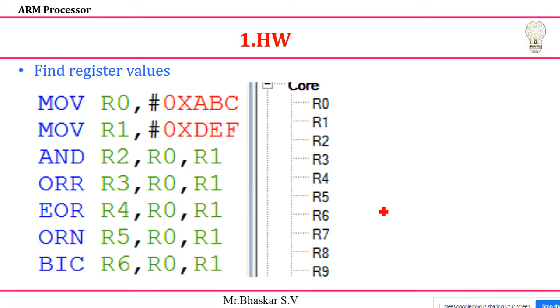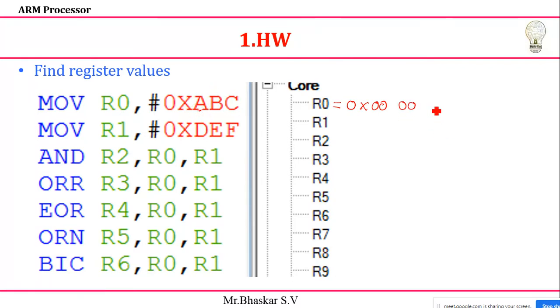values. They're given in the program: move r0 comma hash of 0xABC. So first, what is the r0 value? How will it be stored? Where will my ABC value be stored? First, 0x: the first byte is 00, the second byte is also 00, the third byte has one value here,